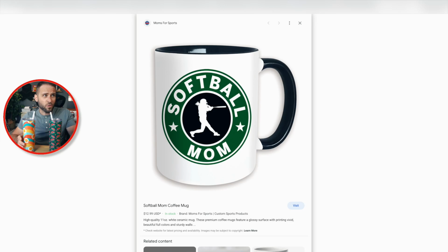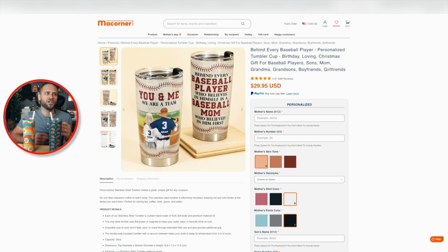When it comes to drinkware, I see a lot of people doing stuff like this, where they will create a design that says softball mom or football mom or baseball mom or something like that. And then they have like a vector outline of someone actually playing the sport. And something like this here on a tumbler like this could be cool, but I think it's just a little bit basic. And what I would recommend you to do instead is something like this here, where you actually create